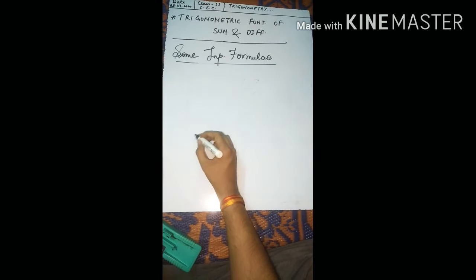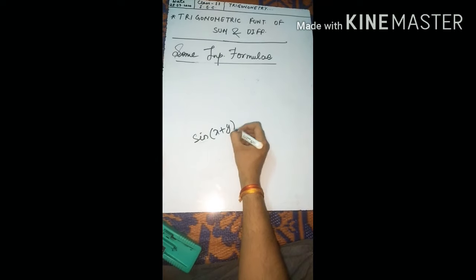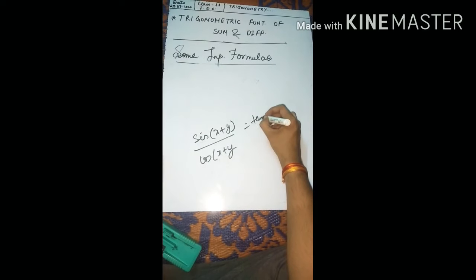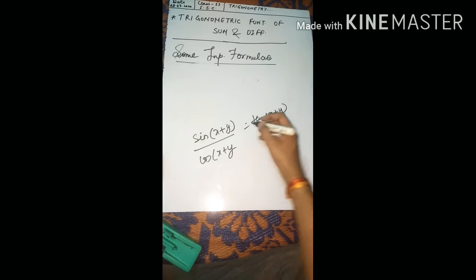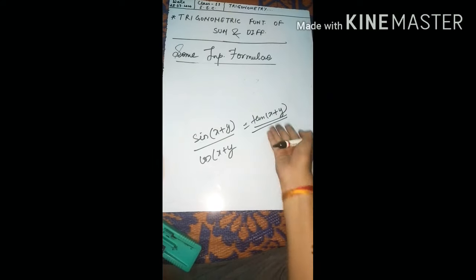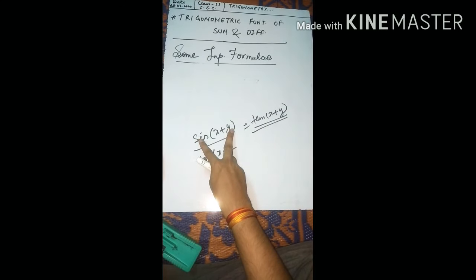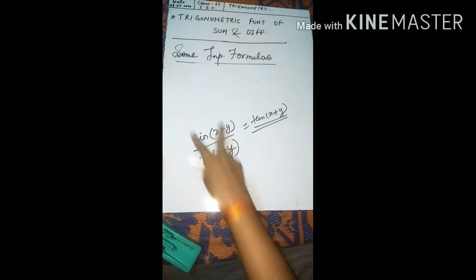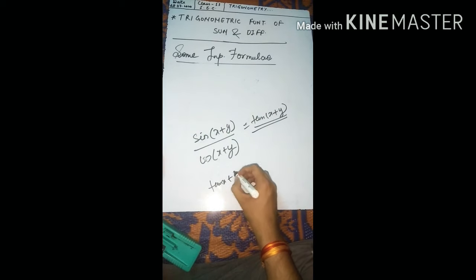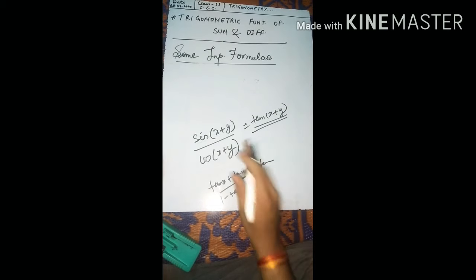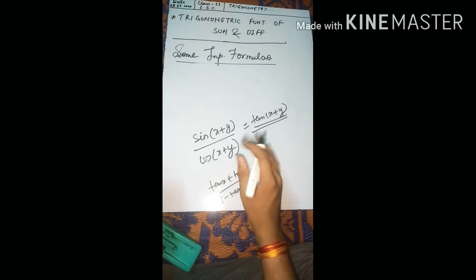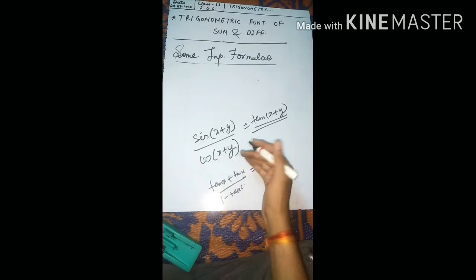So one assignment I am giving you. See, as we have the formula of sin(x+y), we have the formula of cos(x+y). If you divide it, you will get tan(x+y). So you know the tan(x+y) identity came from this only. If you divide the sin(x+y) identity with the cos(x+y) identity and get me, that means the solution of this should be (tan x + tan y) upon (1 - tan x tan y). Okay, so this is your assignment. Just use your brain to do this question. Okay, if you don't get it, I'm there to solve it for you, but you try at least once.